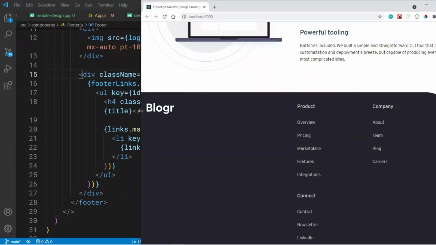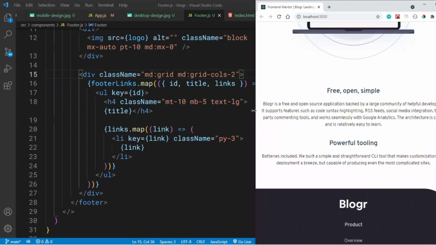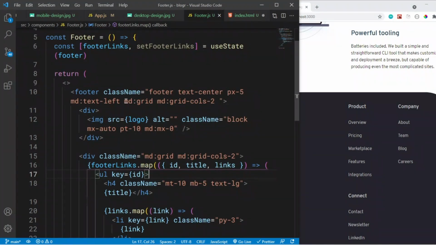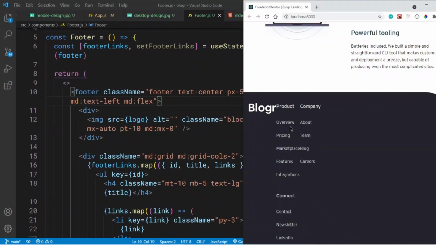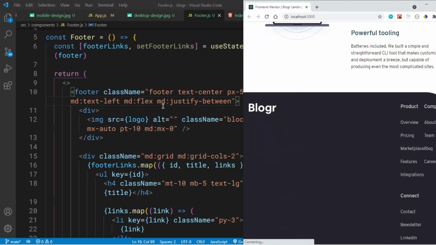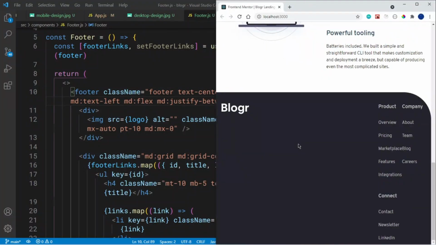And so we're going to have this. Look at this. Look at that. Instead of having grid here for medium screens, what if, let me just cut this out. What if I can say for medium screens, let me place this into a flex. That's what happens. So we have this, and then I can say MD justify-between, so that this goes to the end, right? Let's see. So this goes to the end,